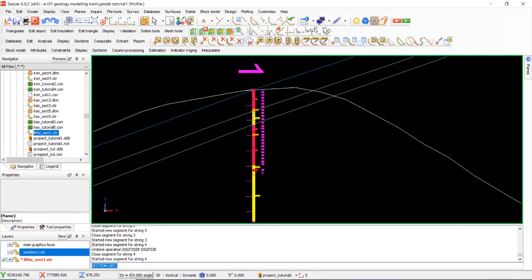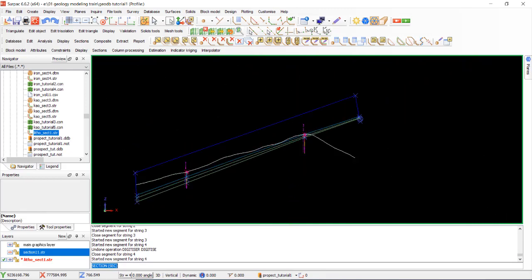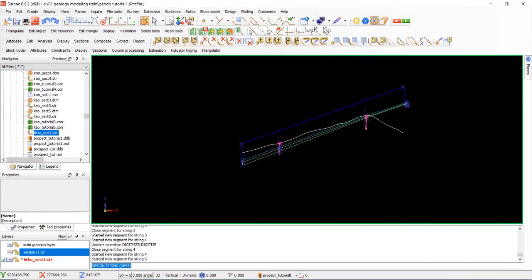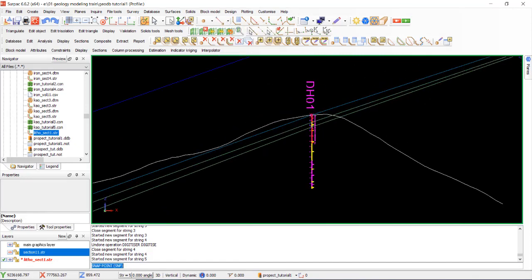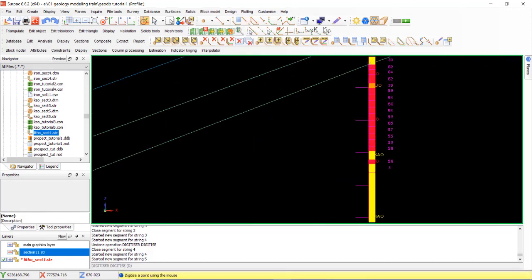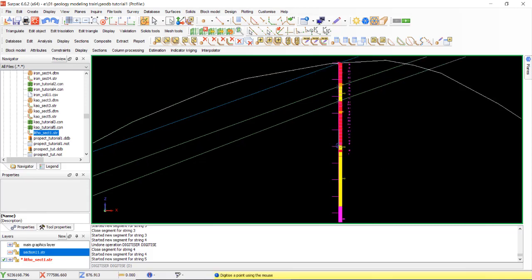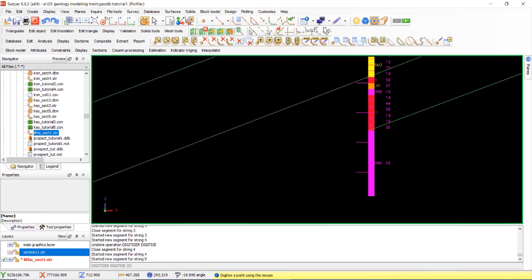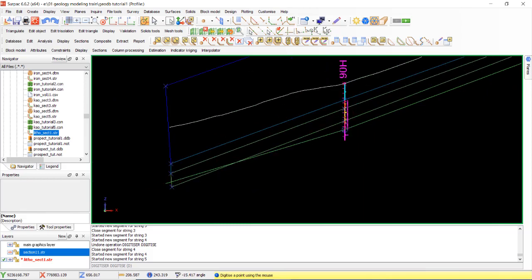Next, layer 4 is iron ore. What about this? Okay, iron ore 2 here. Change to string 5. Point. This slope is about minus 18.